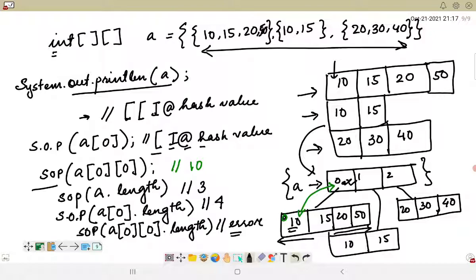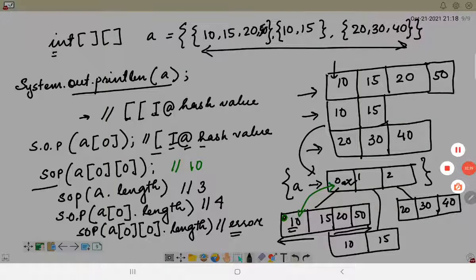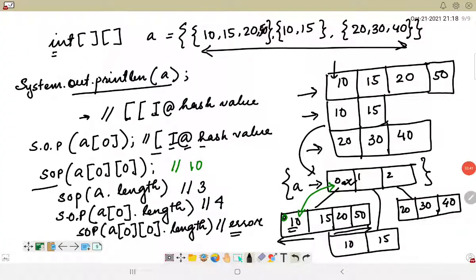We will use the same example through which we can retrieve the values.